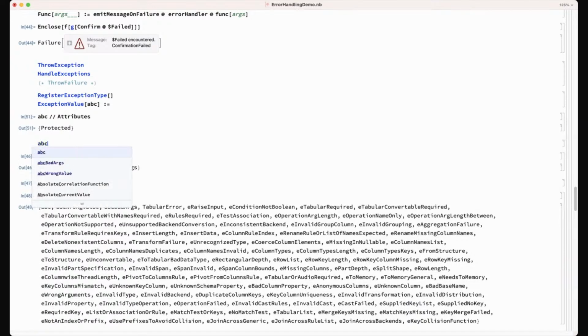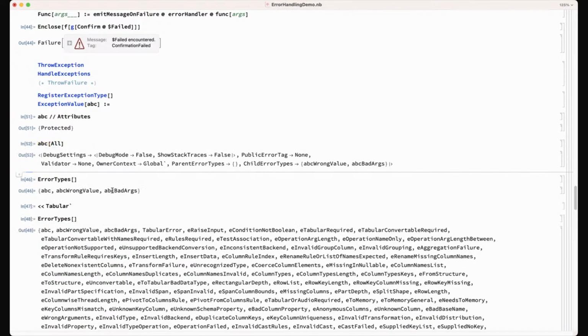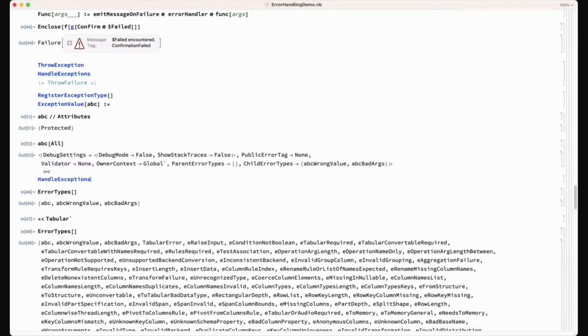Now with the handle exceptions, what are you doing there? You're saying which exceptions to handle in this handler, and you might be giving rules to say what to do with that exception when it passes that handler. Correct?